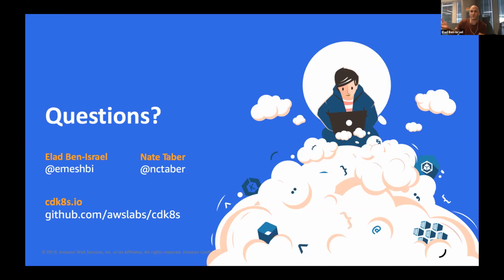So testing it, and constructs may have an interface. And so testing these things is actually pretty straightforward. You feed the construct some inputs and you check the synthesized output. That's the terminology we use. So yeah, testing using snapshots like Jest snapshots, if you're familiar with those, is very powerful.